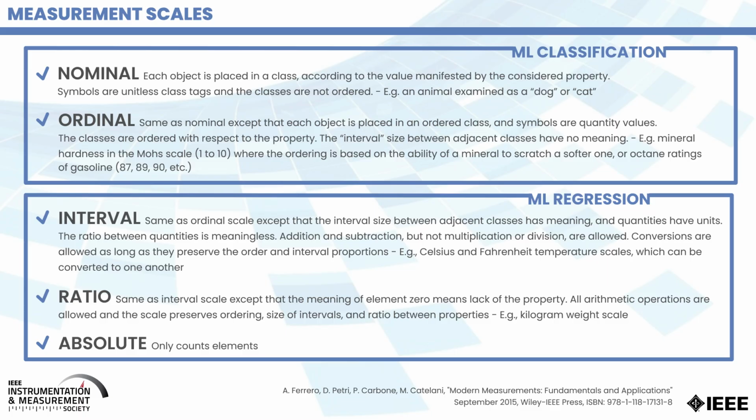Now, this is very important because the standards give us uncertainty quantification methods for the last 3 measurement scales, but not for the first 2. So there are no standard methods for determining or quantifying uncertainty in the nominal and ordinal scales, and we're going to see how researchers have handled that.